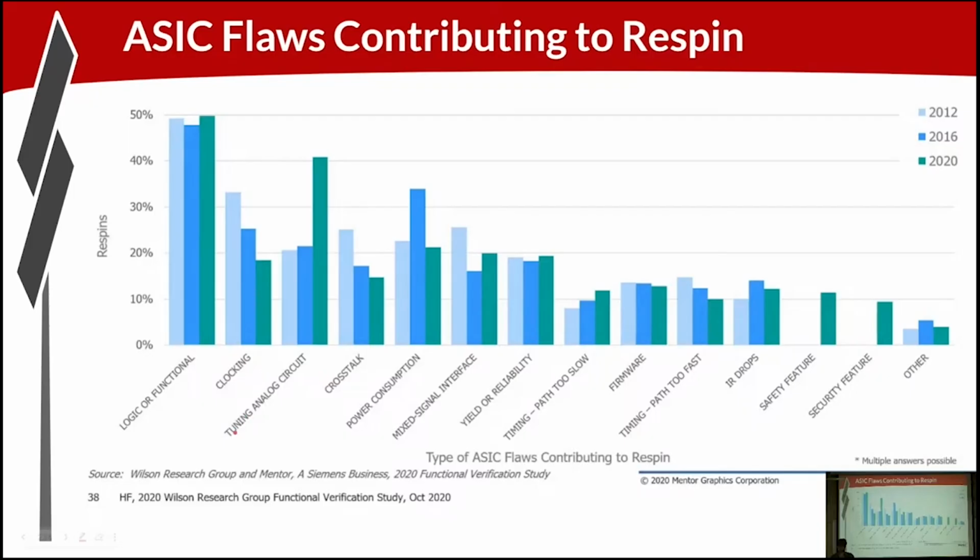So clocking, tuning of analog circuits, crosstalk, so wires interfering with each other, signaling interfering. Power consumption issues, mixed signal interfaces, yield or reliability issues, so timing paths not meeting timing, firmware,